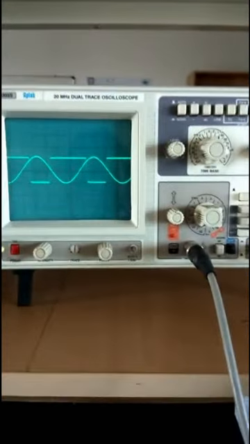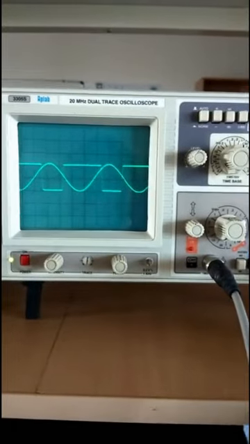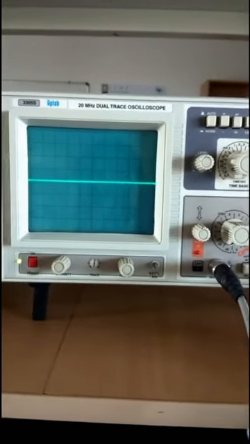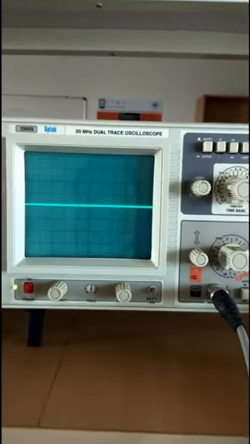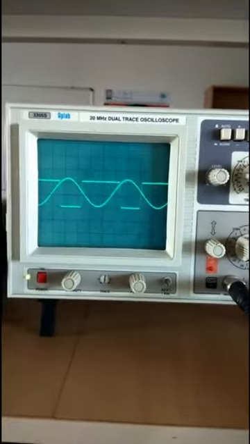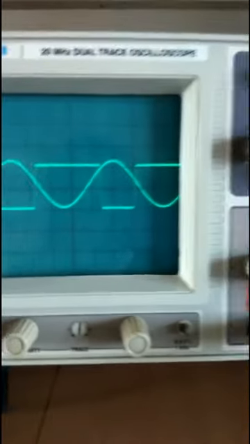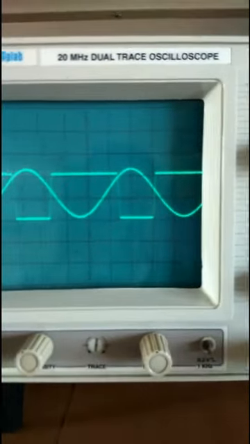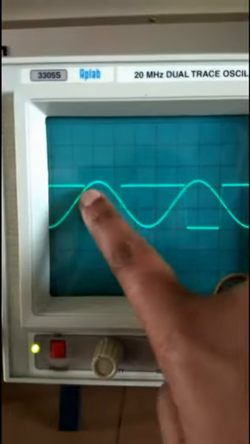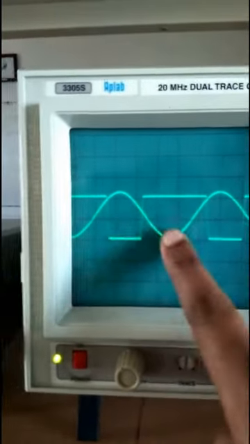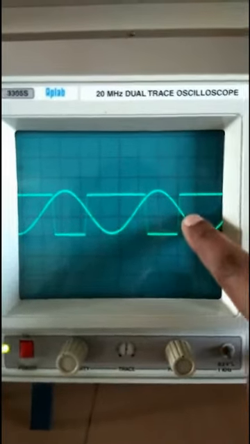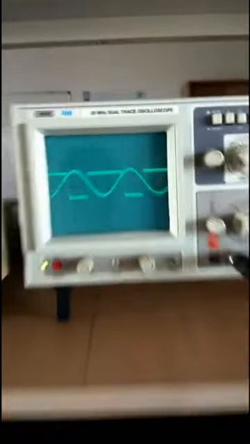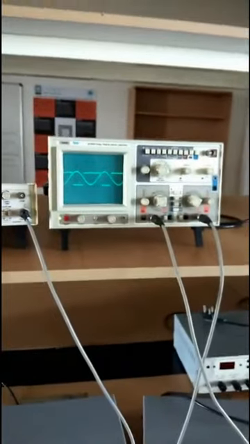In order to get the correct output, let's ground both the channels first, then adjust using the knob, then release both the channels. As you can see in the waveform, this is the UTP and this is the LTP. Similarly, this is the UTP and this is the LTP. We have obtained half of the output from the design.